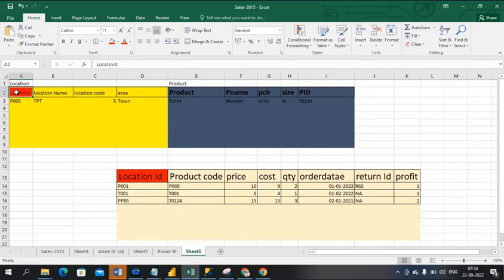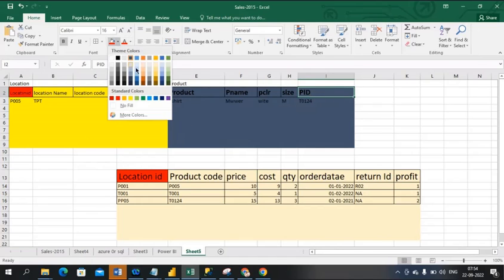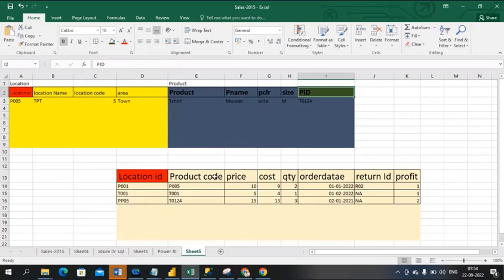The fact table and dimension table contain a primary key foreign key relationship, and this product id will be joined with this product code. When this dimension table id is joined with this fact table id,